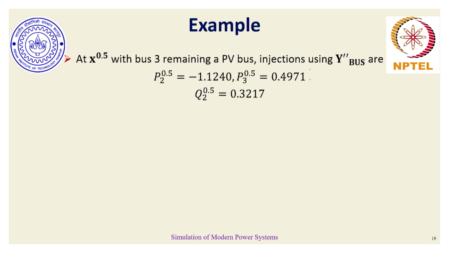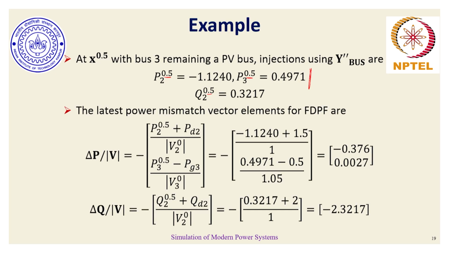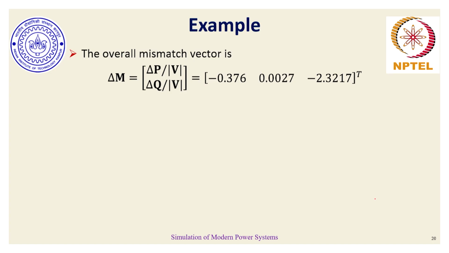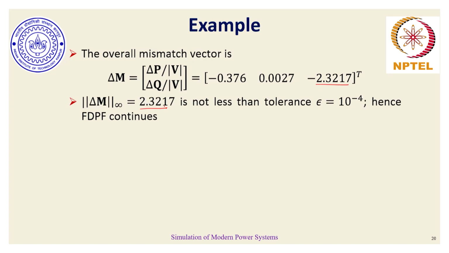We find the other injections and call those corresponding superscripts the 0.5 iteration. And since bus 3 remains as a PV bus, it's now time to find again the mismatch vectors. The values have significantly changed. And here, if we see, delta M has the largest value of 2.3127 as an element,